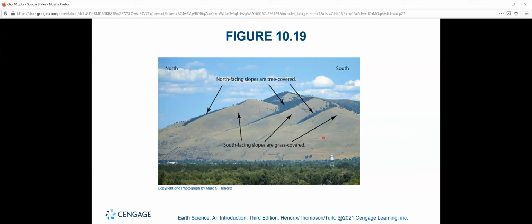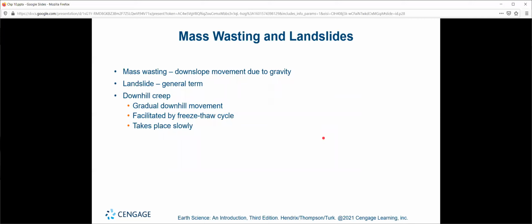Cool. That was soil. Let's talk a bit more about the erosion side of things. Mass wasting and landslides. What is mass wasting? Well, mass wasting is the downward movement due to gravity. Something going down the hill is mass wasting. Could be big, could be small. We all regard that as mass wasting. You probably know it as landslides. They're the exact same thing, just one's more sciencey. And these are directly the result of downward creep, gradual downhill movement, freeze-thaw cycles pushing things around. Mass wasting takes time.